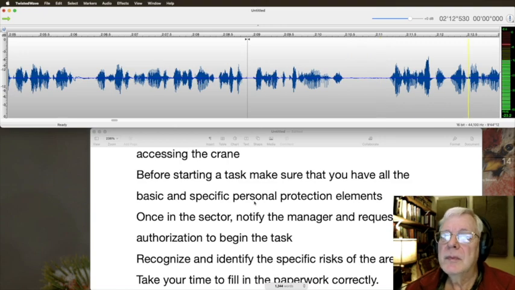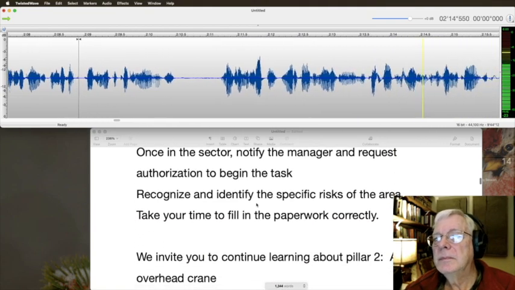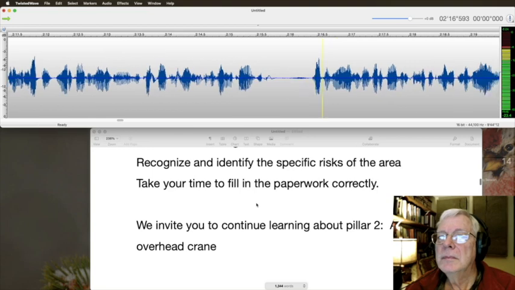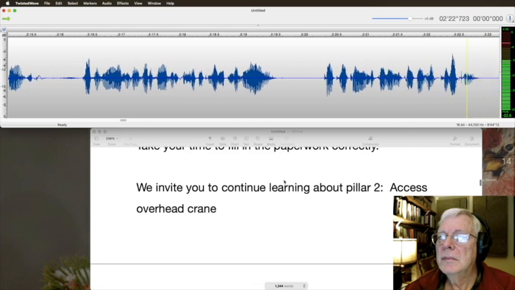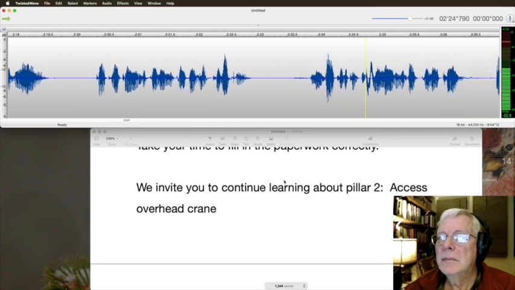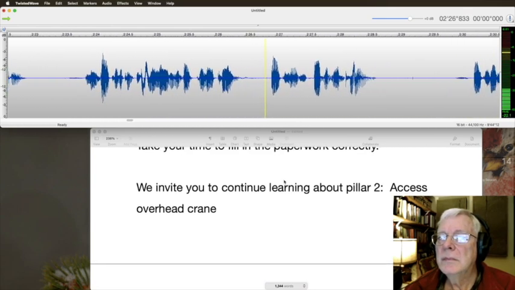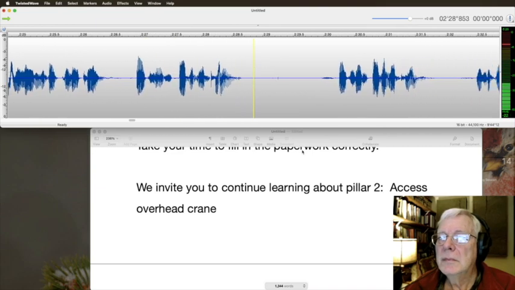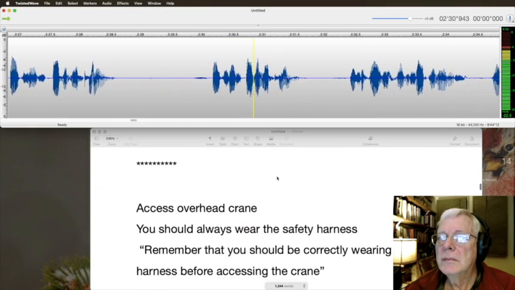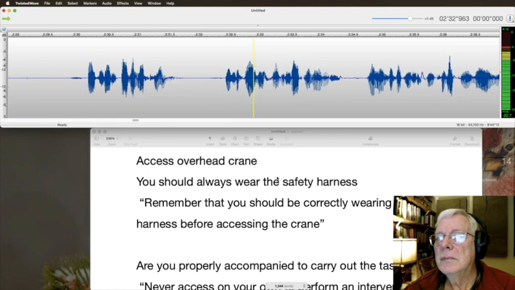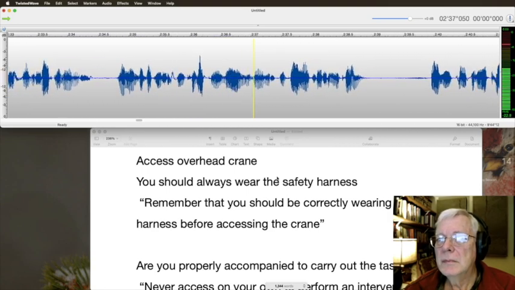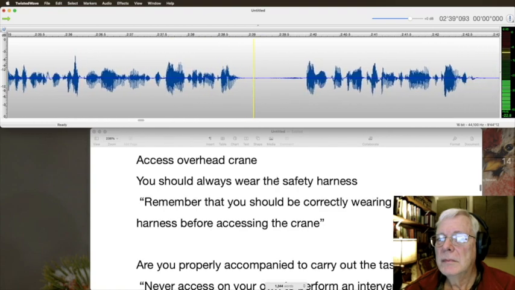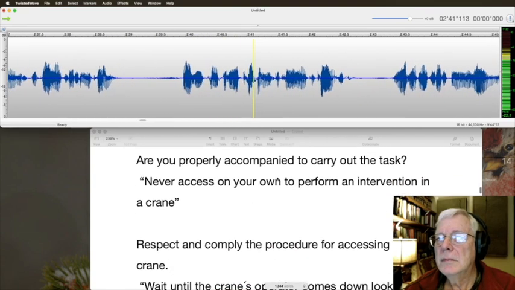Once in the sector, notify the manager and request authorization to begin the task. Recognize and identify the specific risks of the area. Take your time to fill in the paperwork correctly. We invite you to continue learning about Pillar 2, Access Overhead Crane. You should always wear the safety harness. Remember that you should be correctly wearing the harness before accessing the crane. Are you properly accompanied to carry out